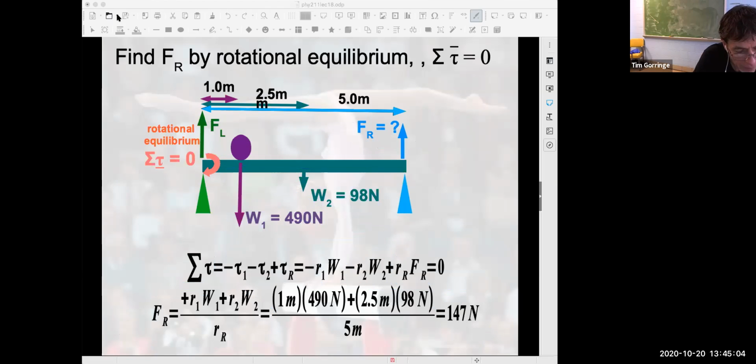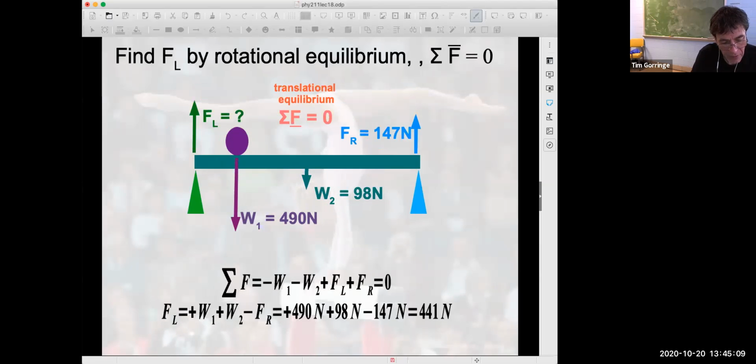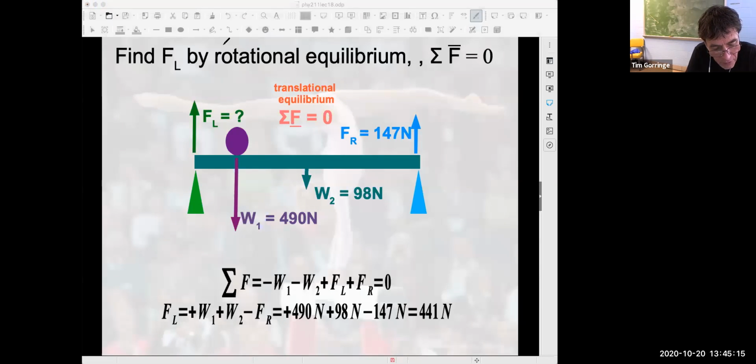Now it gets easy. Once you know one of these 2 forces from the 2 supports, it's easy to use this. There's a mistake here. This should say translational. It's easy to use translational equilibrium to find this fourth force. Look, you've got 490 newtons down, 98 newtons down, 147 newtons up. The size of SL upwards must be just the right size when combined with FR upwards to balance the total